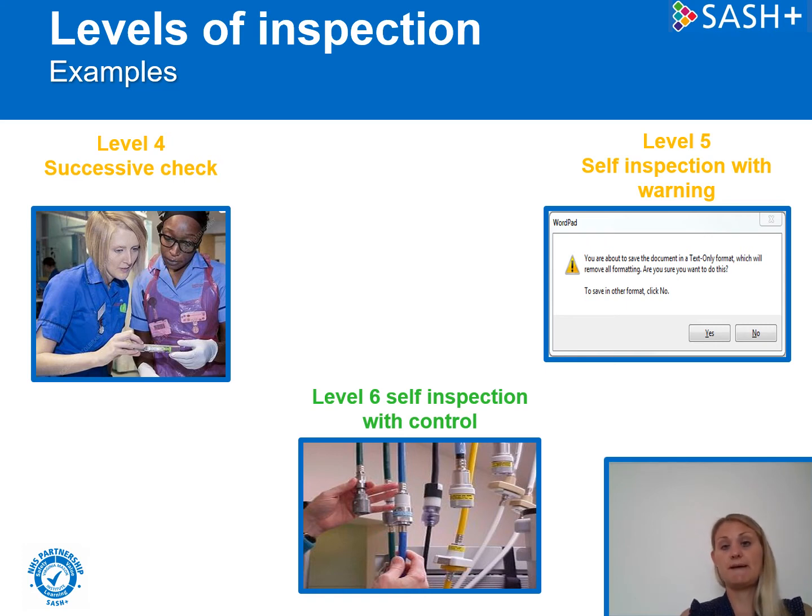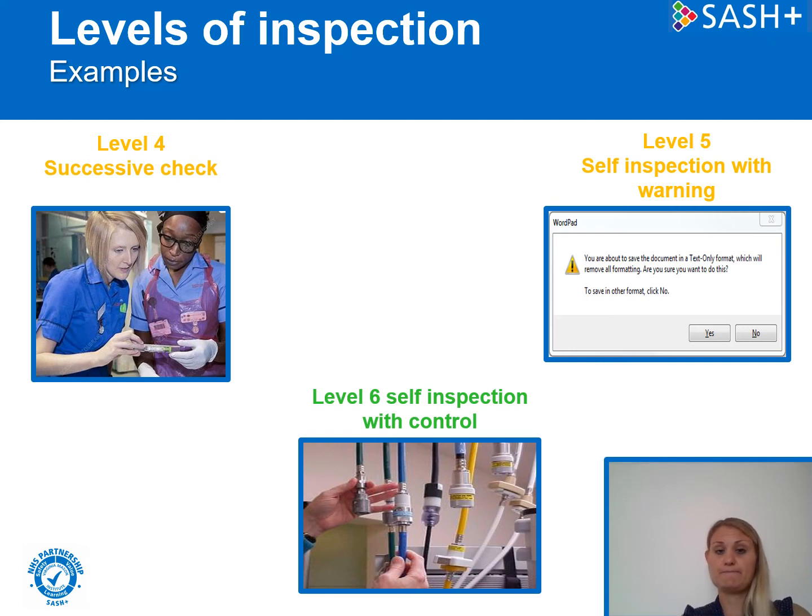Level 5 of inspection is self-inspection with warning. So an example would be, when you go to close a document, you get a pop-up that says, are you sure you want to close without saving? That would be a self-inspection with warning. I could still choose to override that and click on no, but then the potential is that I'd lose my